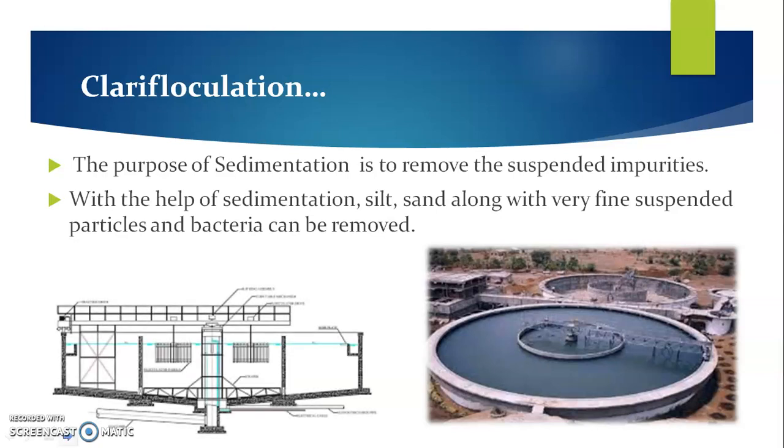This is a cross section of clariflocculator which consists of two parts. From the bottom the water enters into an internal circular well in which the alum mixed water is slowly once again stirred so that there is better removal of the suspended or fine particles. The actual sedimentation takes place in an outer part which is called the clarification zone or clarifier.